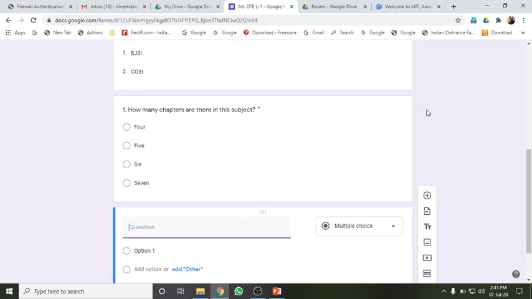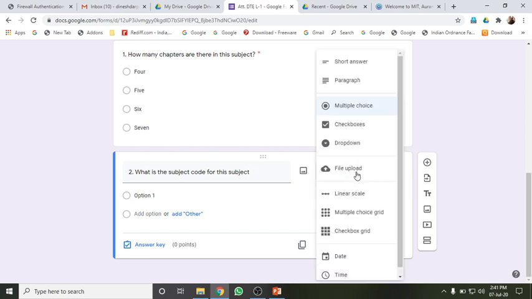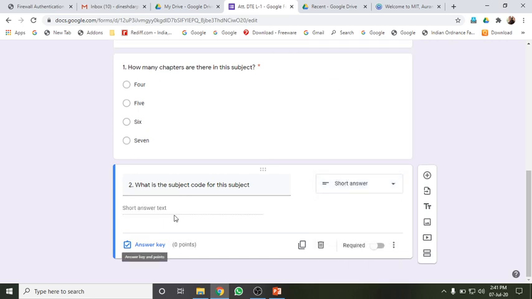Similarly, you can go on adding questions. If I want to add another question, like: what is the subject code for this subject? If you want the student to actually type the answer, then you can select short answer, or if you want multiple choice, then you can select multiple choice. So I'll click on short answer.